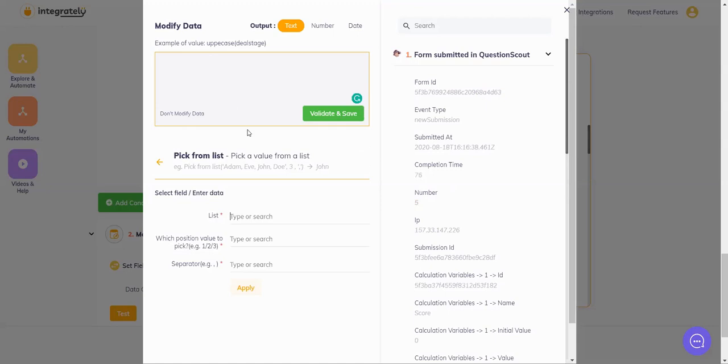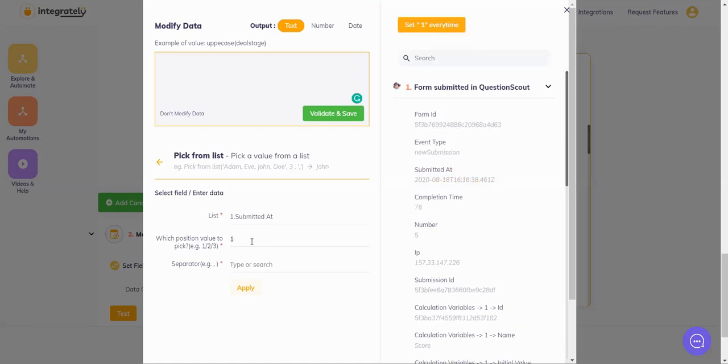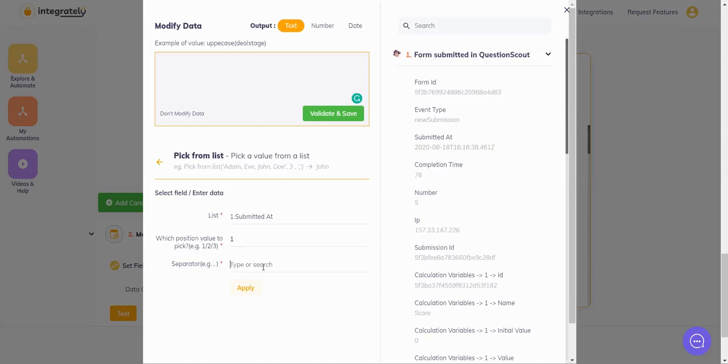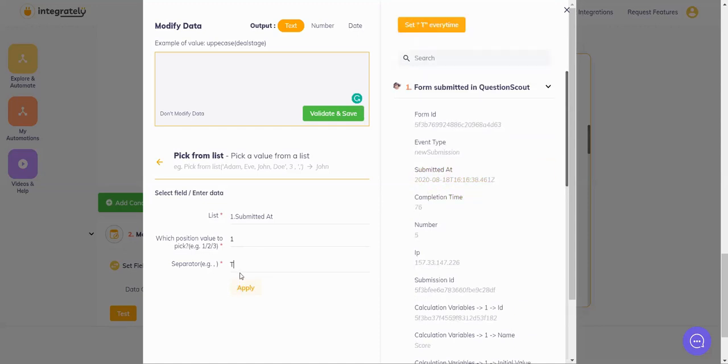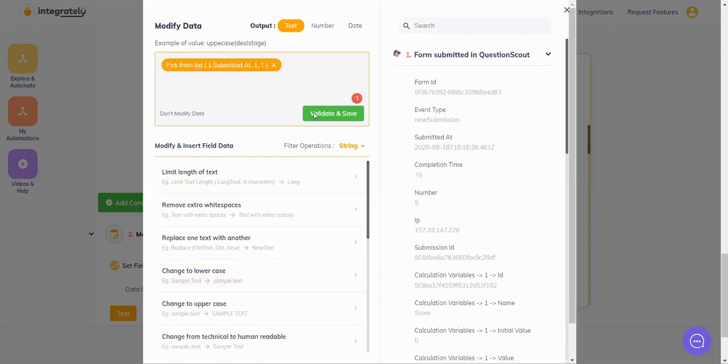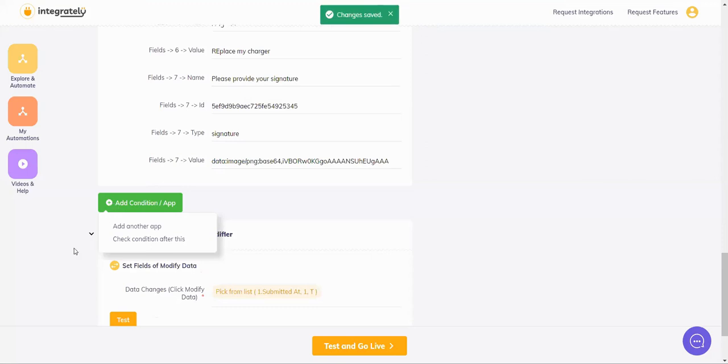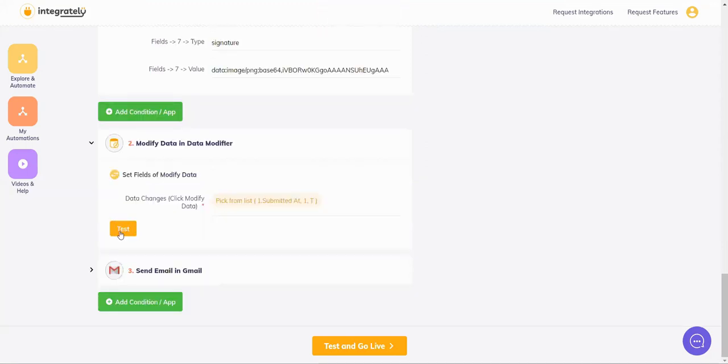So we are looking to change the submitted time. So it's going to be submitted at time. It's the first we want. And here I can see the separator actually is a T. So I'll click here T and we'll say apply, validate and save.